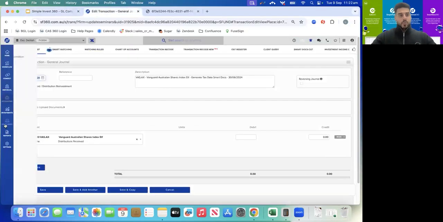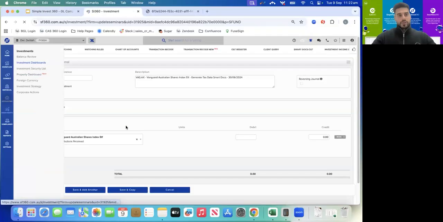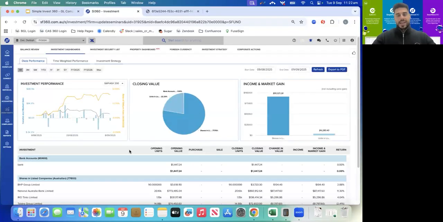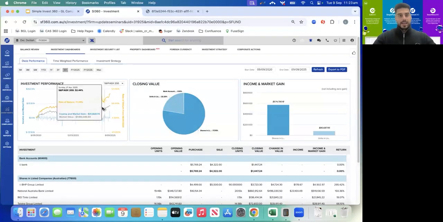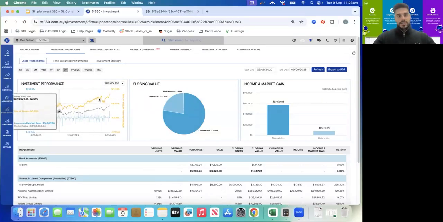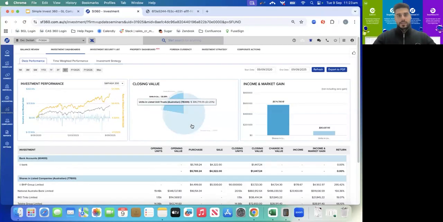So we are bringing through, so if I jump into our investment dashboard, you can give your clients access to this, so they'll be able to see the performance of the different entity. You can benchmark that against the ASX 200, or add no benchmark,